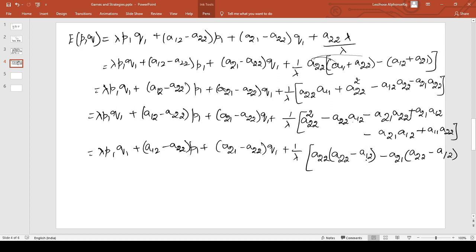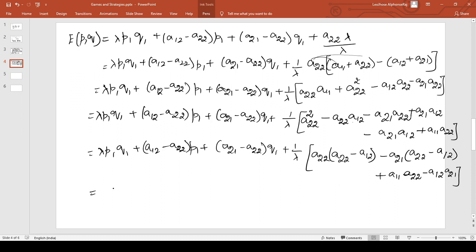And from these two terms, I don't think we can take anything common outside. You can rearrange like this, plus A11 A22 minus A12 A21. There is no common term, so let us keep it as such. And then taking this lambda to this last term, probably we'll get the value of the term.